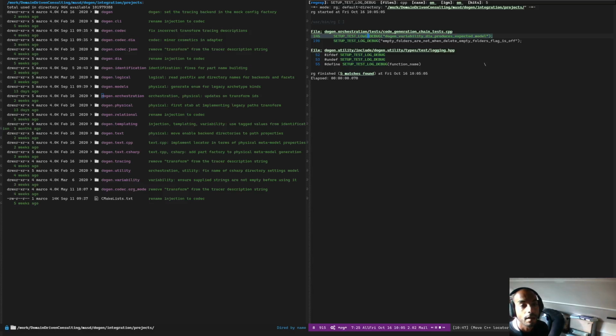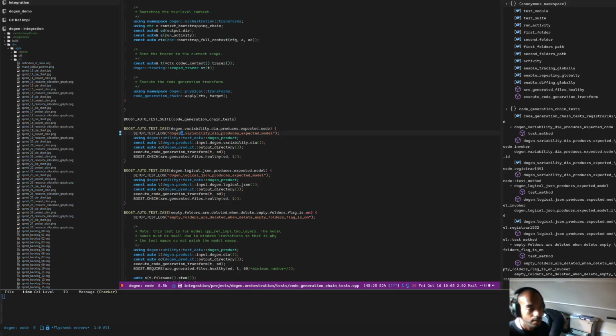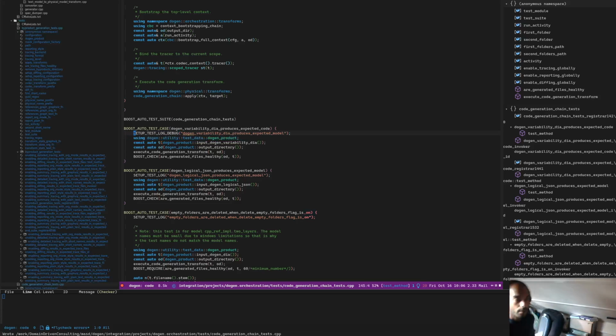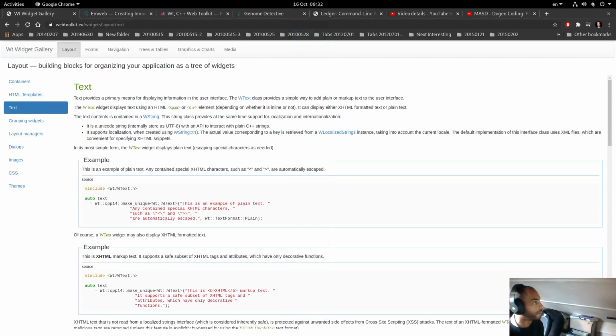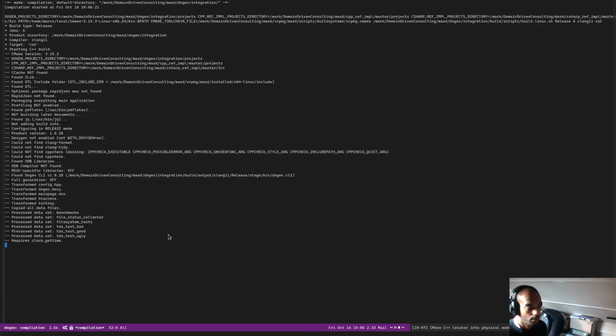See what happens if I try to use it. So let's delete this guy here, and let's delete this guy here. Save that. Right, so now it's fine. It sounds a bit silly, I'm going to put this back, but now we know what we're doing. We're going to test the variability model. Let's just get rid of all the noise coming out of the area. Right, if we rerun the tests,